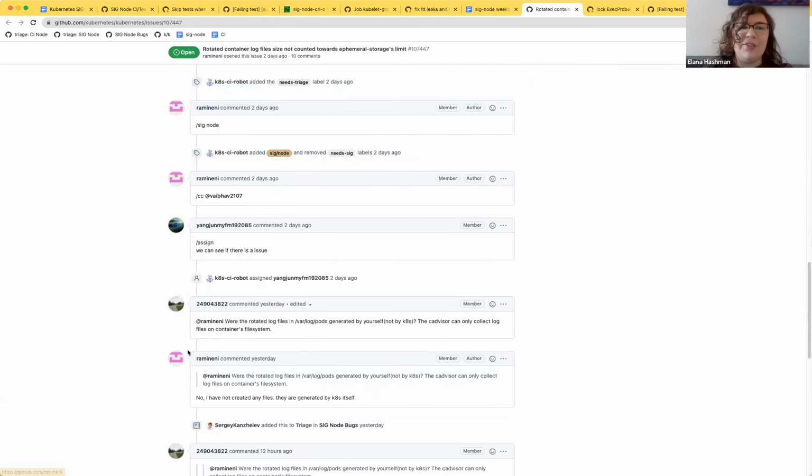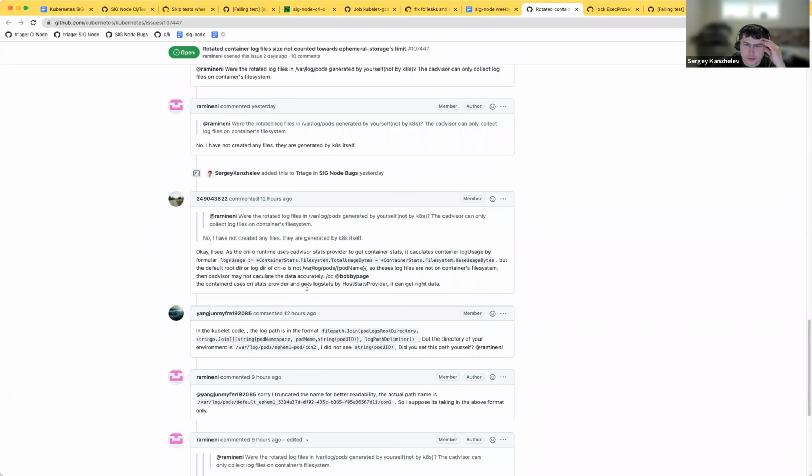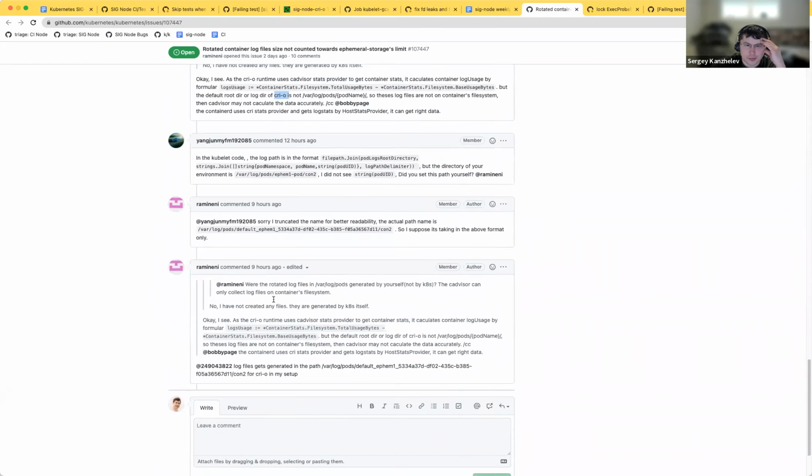I'm a little confused because the directory listing said total 24K, but the actual files themselves didn't add up to anything close to that. It looks like there's some back and forth about this. Okay, so it's a CRI specific calculation that is incorrect. Let's see, advisor.